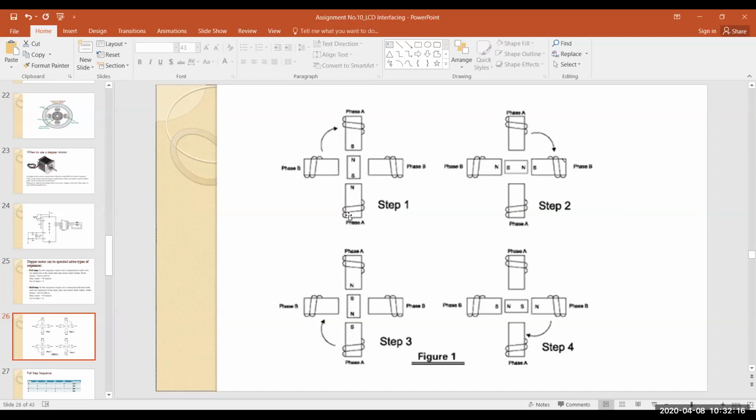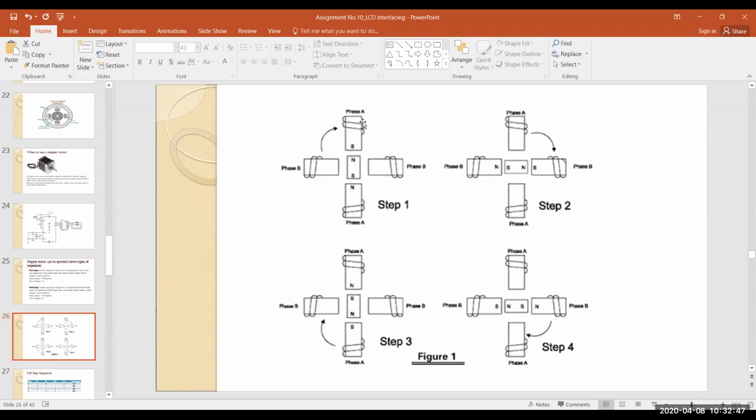Now listen very carefully to the principle of working of your stepper motor. In the stepper motor, the stator is also one type of magnet, and the rotor is also one type of magnet. But the stator magnet has a coil surrounding it.